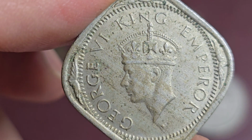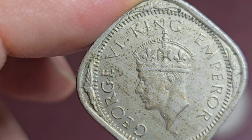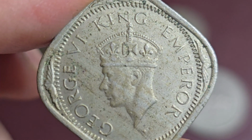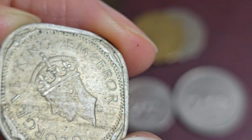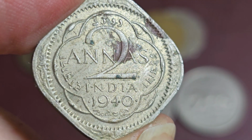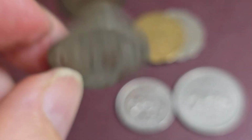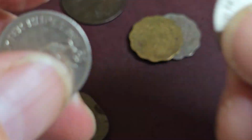But this coin, 37.6 million. The one where the fleurs end up top, there isn't a mintage figure, so I presume the mintage is included in this one with the smaller crown. So that one's not too bad. I like square coins, they're okay. And then we have